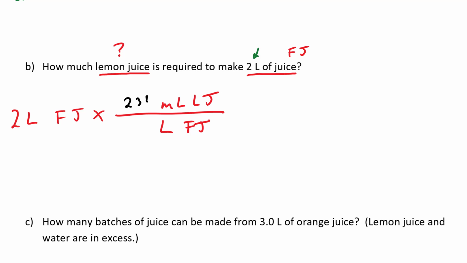So 234 and 2.372. Cancel out units, liters of fruit juice, liters of fruit juice. I'm left with milliliters of lemon juice, which is what I asked for, how much lemon juice I need. 2 times 234 divided by 2.372, we get